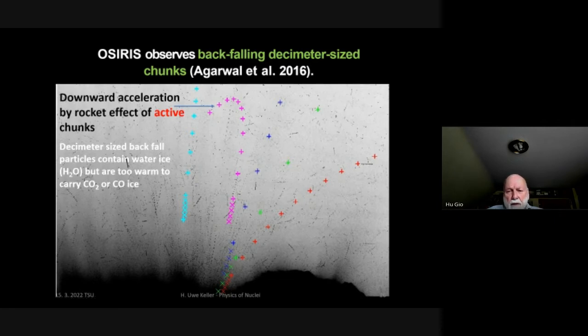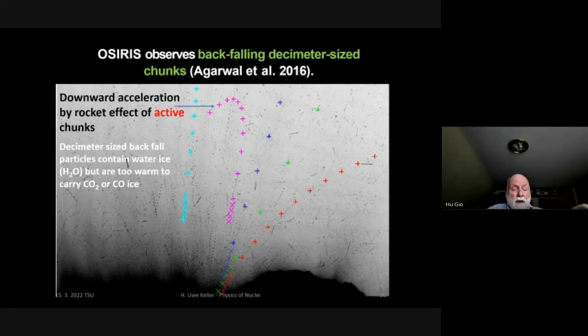They are flying up towards the sun, but then you can see that there's a force acting from the sun towards the nucleus, and this is explained by the fact that if the particles are active themselves, if they sublime water or CO2, then they would produce a force towards the nucleus, because sublimation mainly takes place towards the sun. So this indicates that